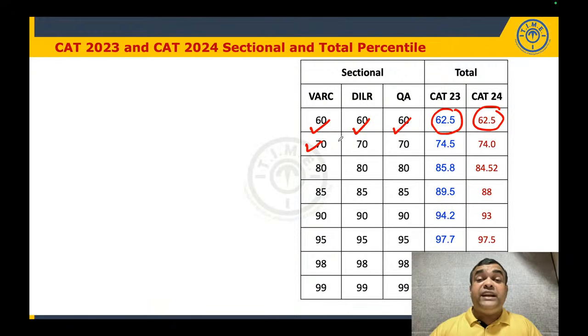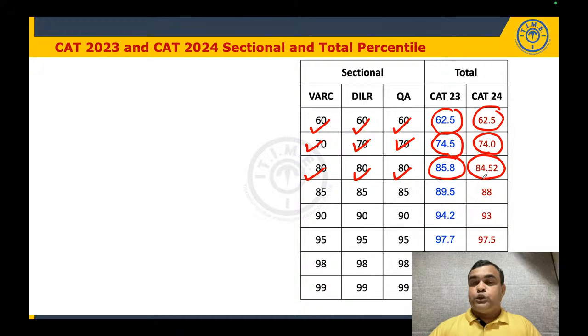If you get 70 percentile in every section, overall you could have got 74.5, around 74 percentile. CAT 23, CAT 24, both the data I'm showing you. Look, if you got 80, 80, 80 in each section, overall you would have got 85.8, 84.2. So what I'm trying to show you is that, look at this data,